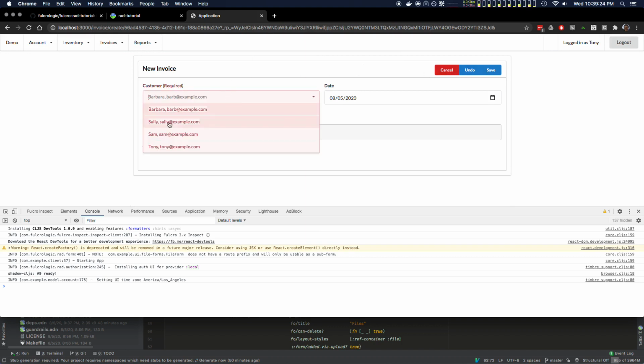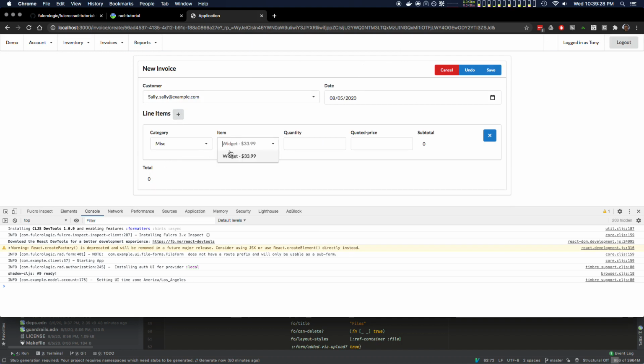There we go. Picker, line item, category, widget. If I lose the quantity, probably time zone related. I was messing with time zones over an account. So you can see I get validation, I get some calculated fields out of here,